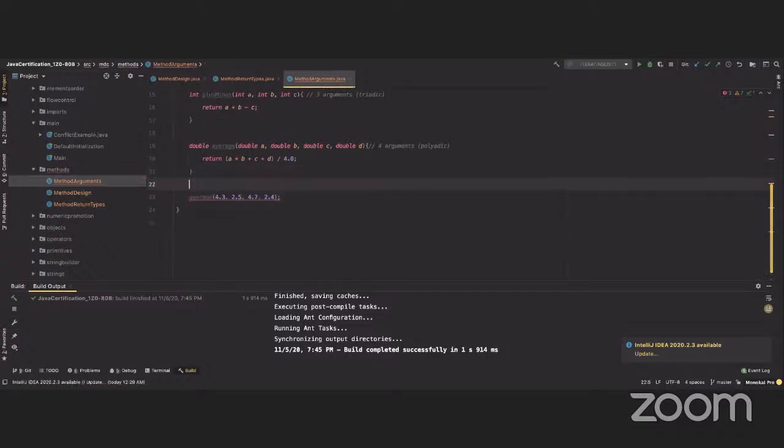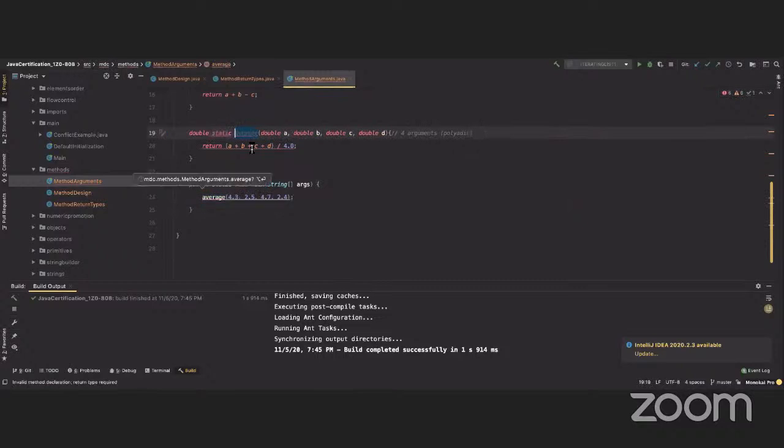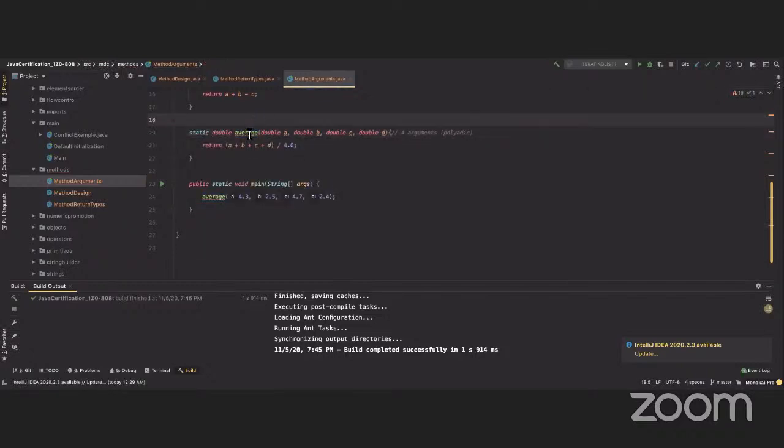If I had PSVM, if I have this, then I can call the method and do this. You see? And of course, I have to make this method static. Okay. And then it will, let me see something here. Of course, I have to do static here. You see? And now